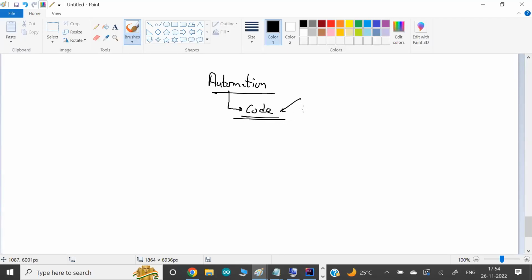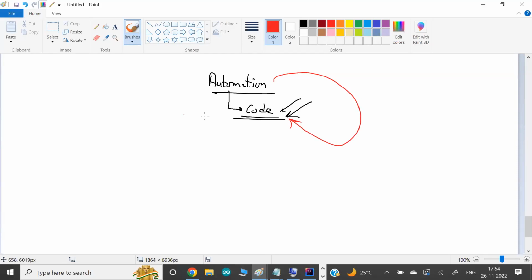Without code, you can't achieve automation. The idea is simple. If you do things manually, we as human beings type something somewhere, like a command. But if you want automation, it means on our behalf the computer is doing it, and the computer only understands code. So wherever you learn automation, in any field, if you hear the term automation, it means code is there. You have to write the code.